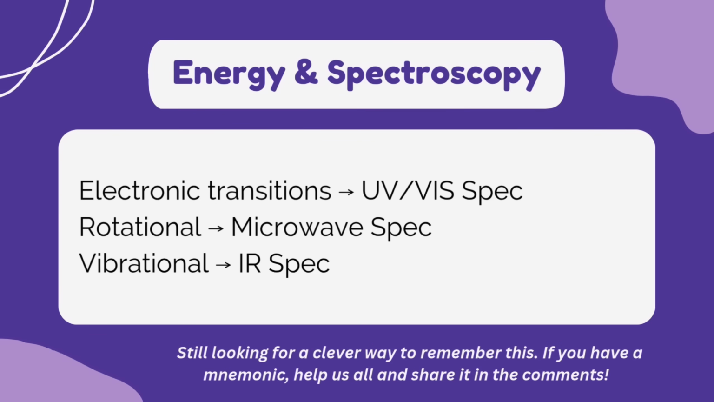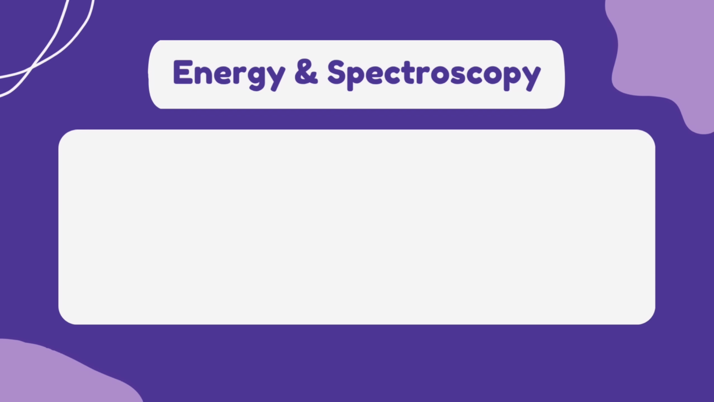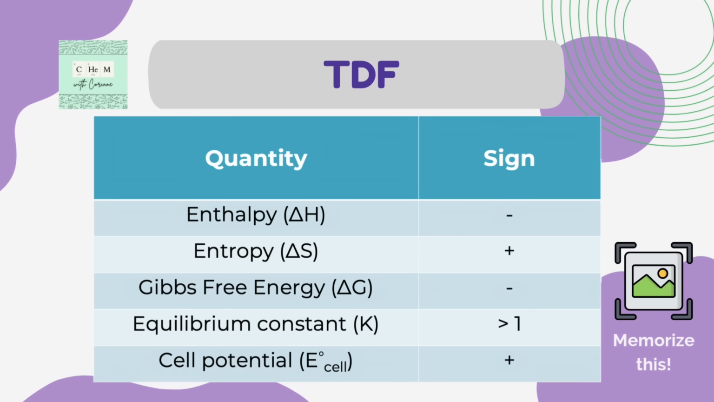So that's the bending and stretching of bonds. Memorize those 3 so you have them. And if you have a clever way to remember this, please drop it in the chat so we can share this with everyone else. Another thing you need to know are all of the conditions that are listed as thermodynamically